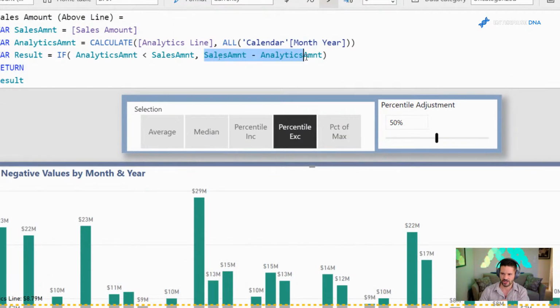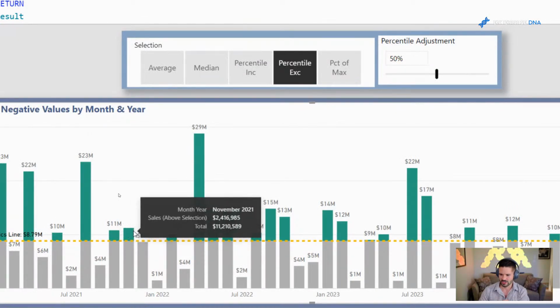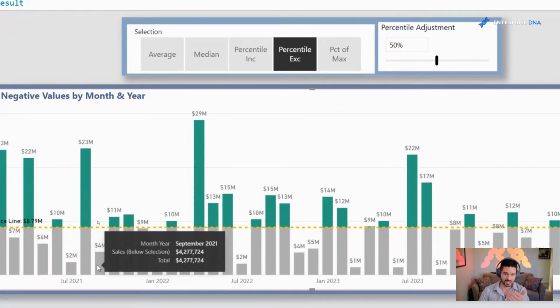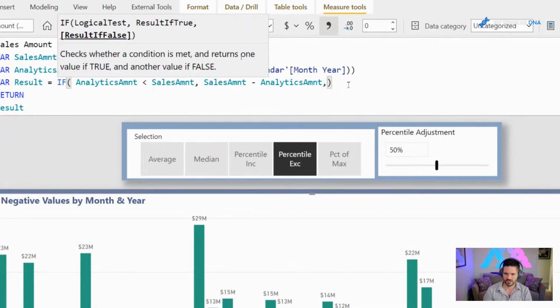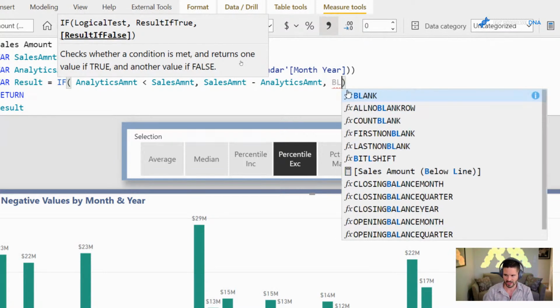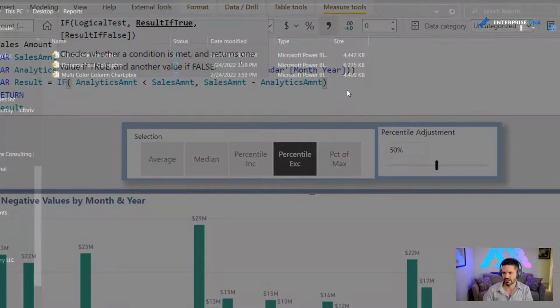That is this calculation here. Right here is what is being returned for this 1.9 or this 2.4. In this case, this 4 million that's below it, this condition has not been met. So the alternative condition, the false condition, is being returned. And since I don't have anything specified in my false portion of my IF statement, that's just returning blank. The default for Power BI in an IF statement, if I have not specified it, is the exact same thing had I written this out. I just like to keep my things short and sweet. So instead of actually writing blank as an alternative result, I simply